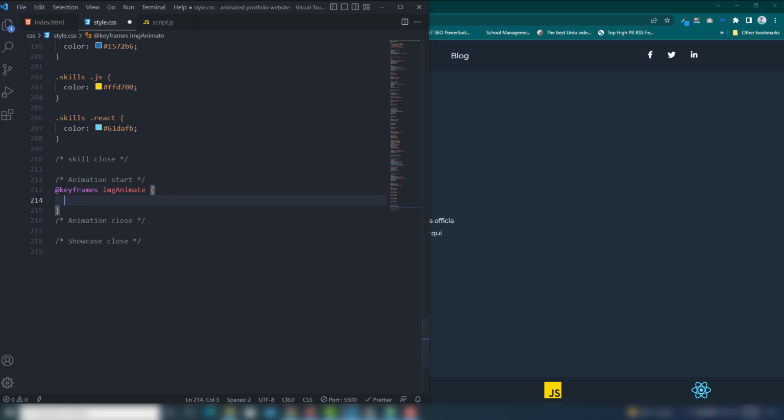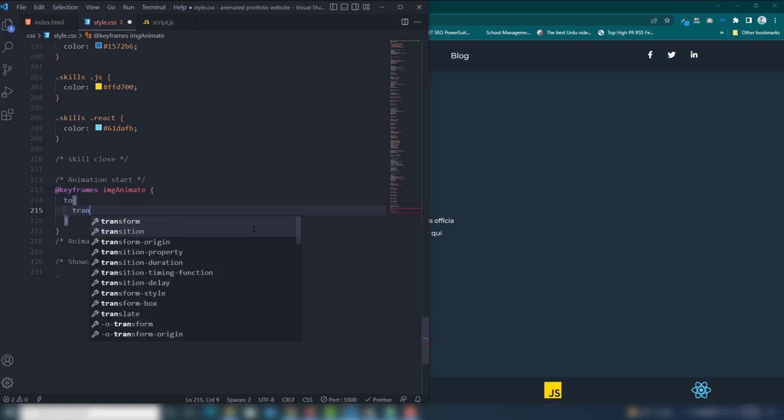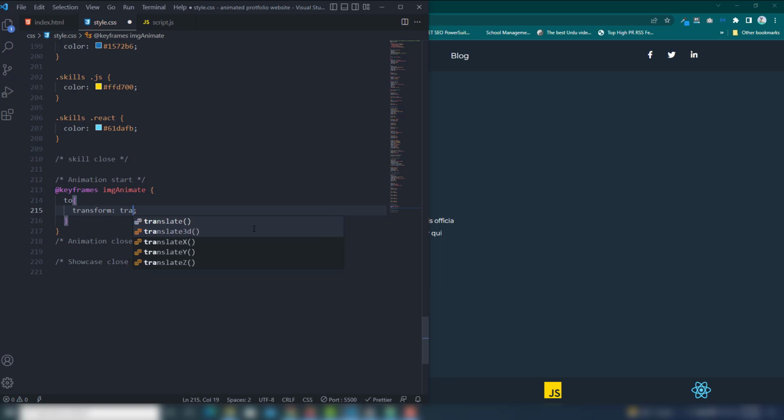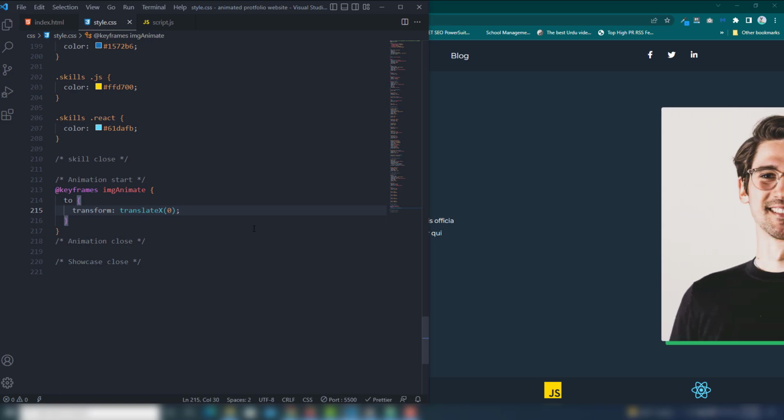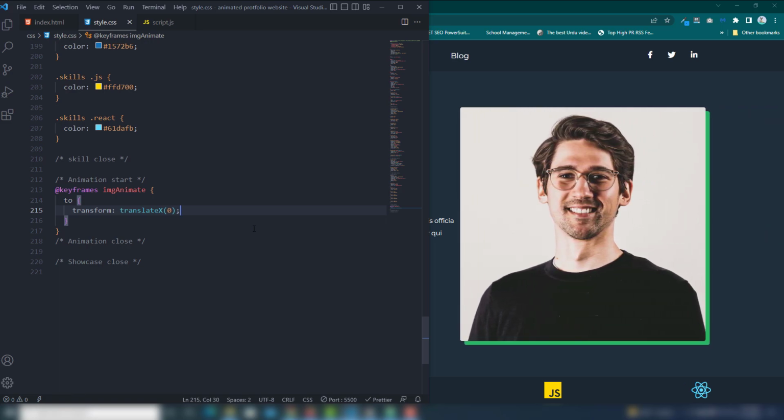In the keyframe you need to target 100%, you don't need to use the from, and there you need to call transform translateX 0. So as you can see, your image comes from the right side and displays in the same position which we designed earlier, right?